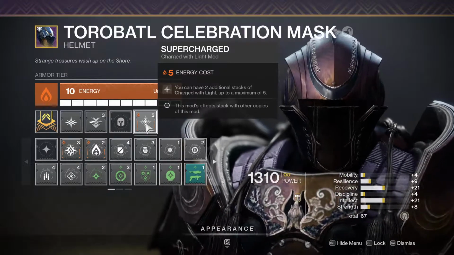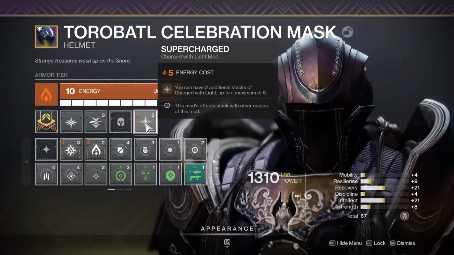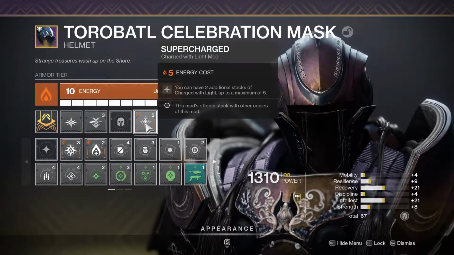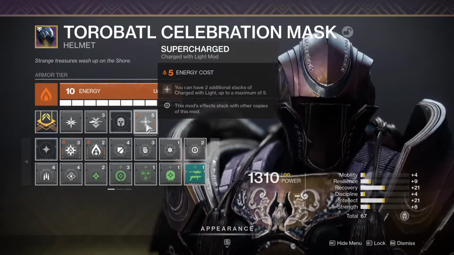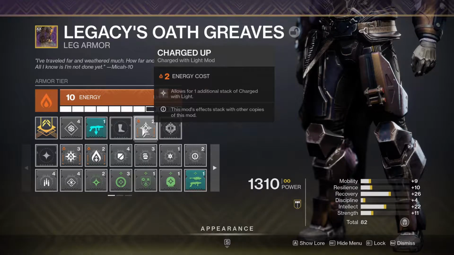Now with all that charged with light, we want Supercharged here so that we can actually take advantage of all those stacks we're getting, where we can now have 2 additional stacks of charge with light up to a maximum of 5, and to get up to that maximum of 5, we are going to be using Charged Up, which allows for 1 more additional charge with light. That means you need to finish at least 2 enemies,